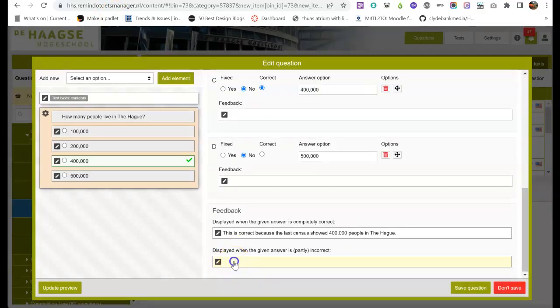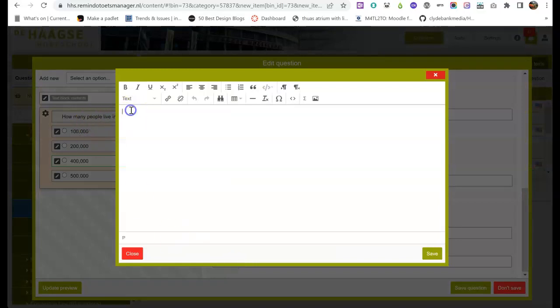And then here you would have to explain why all the other choices are incorrect. You cannot say the letter of the choice because the letter changes with every test. So instead you have to refer to something inside of the answer choice that lets the reader understand why their answer was wrong. So you could say 200,000